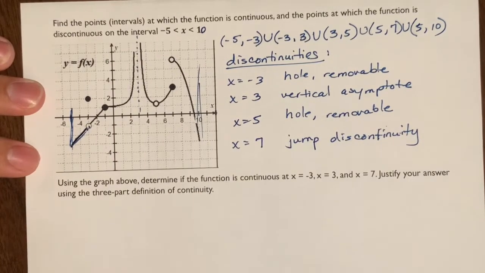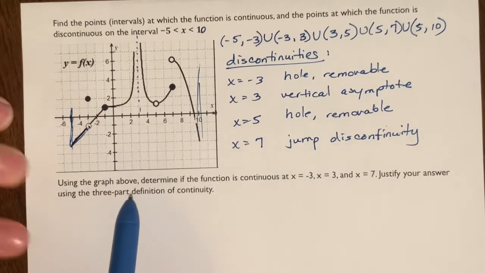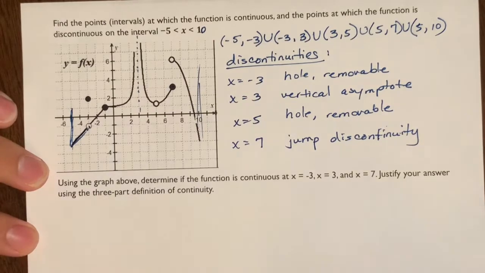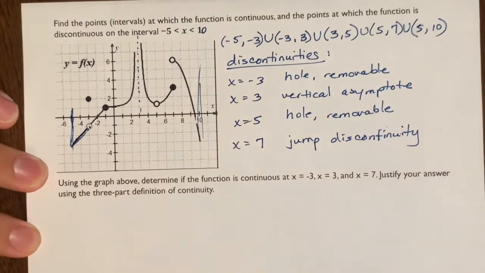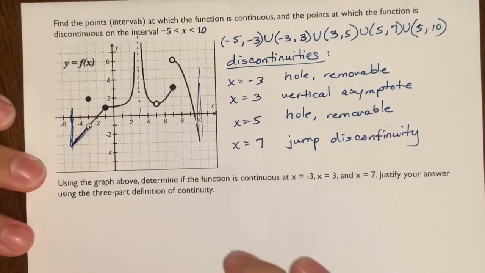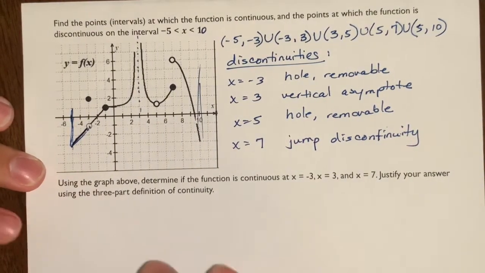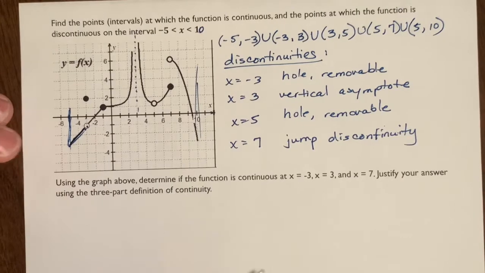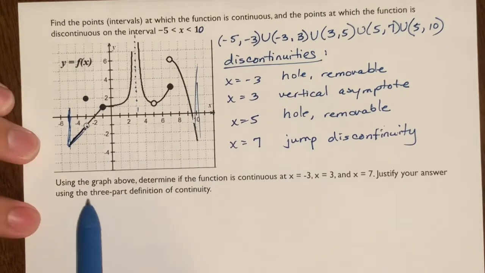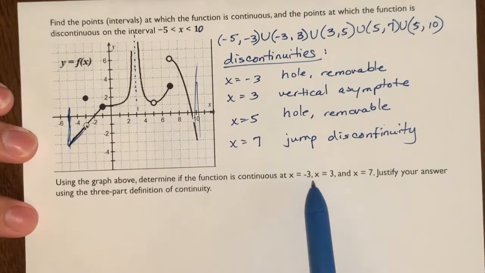what makes something discontinuous. Okay, now this is the real meat and potatoes of this whole section. This is going to take probably the majority of the video because I really want to make sure that you guys do this. This is a very important question for a free response on the AP exam. It says, using the graph above, determine if the function is continuous at x equals -3,